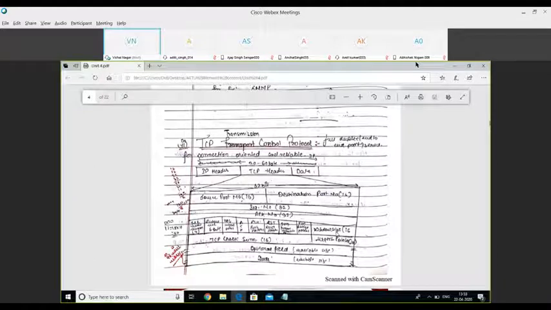That means 2 to the power 16 TCP segments we can send without waiting for the acknowledgements. Let's say the total time of sending these 2 to the power 16 TCP segments is 5 seconds. Until 5 seconds we will keep sending our segments one by one, and we won't wait for the acknowledgements to come back.